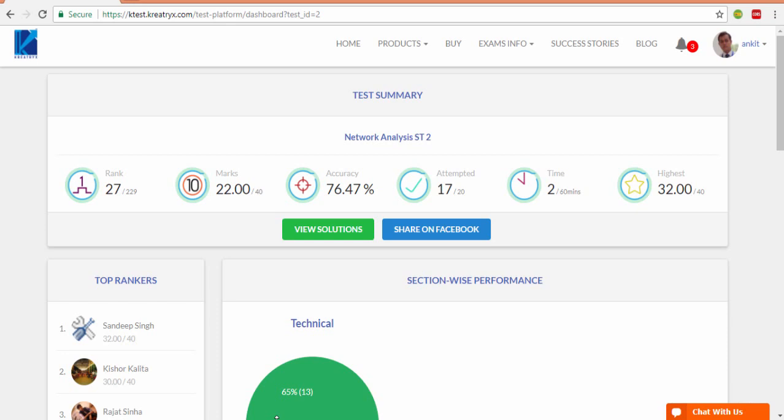And if you can gain accuracy in the subject test, then when you go up to the mock test level, your accuracy will be very high and you will be among the toppers and you will definitely get a good GATE rank. But remember, you can never compromise the accuracy just for attempting more questions, because the number of attempts will not get you a GATE rank, but this accuracy will definitely weigh.